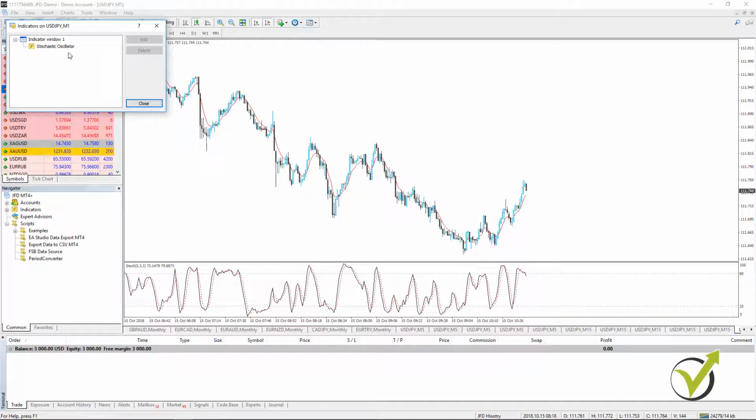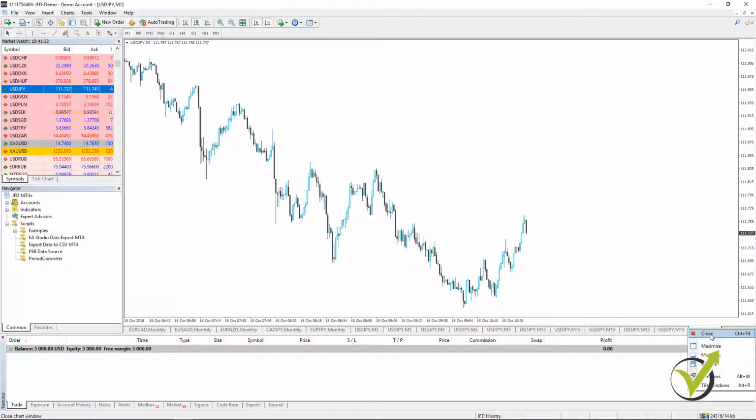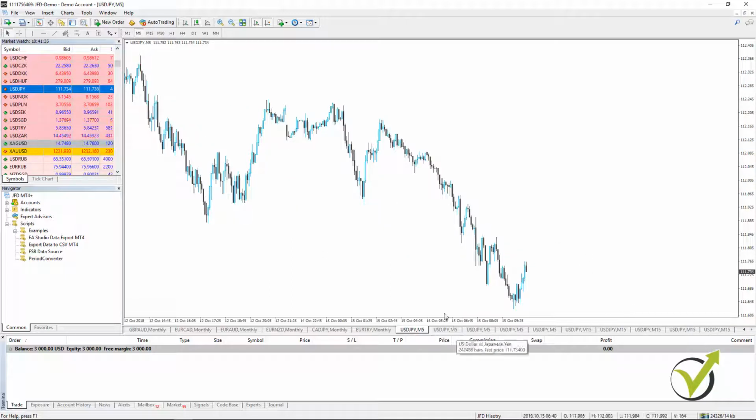To use expert advisors, you don't need to have any indicator over the chart. Even the indicators from the expert advisors, you don't need to have over the chart. They are inside the expert advisors, so no need to place them over the chart. So in this lecture, you will be able to download the expert advisors for MetaTrader 4 or for MetaTrader 5, depends what platform you prefer to use. Personally, I prefer to use MetaTrader 4, and in the next lecture I will give you some more idea about the MetaTrader platform, and I will show you the very basics of this platform.